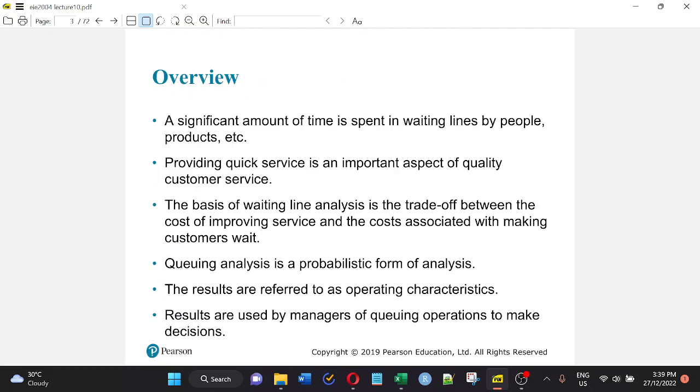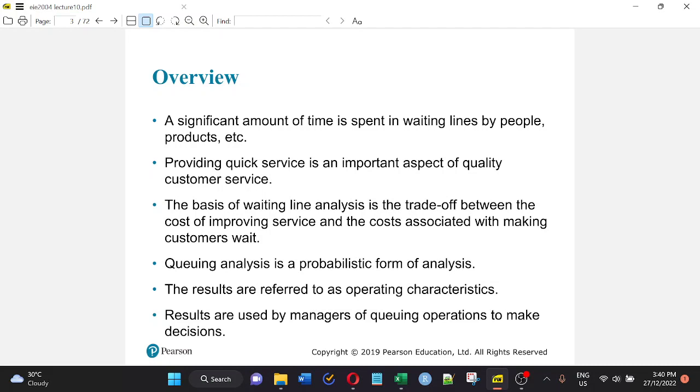waiting line analysis. As an overview, a significant amount of time is spent in waiting lines by people, by products, and so on. Like when you go to the airport, the aeroplane is waiting, there must be some queuing, waiting to take off. And when you go to the store and you have already chosen the things that you want to buy, you go to the counter and then you have to wait. And then at the clinic, at the hospitals,